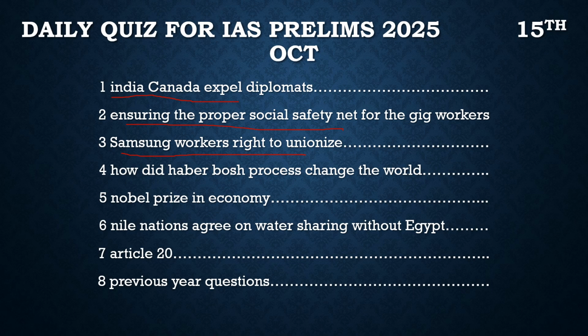Then the another article which was in the news is about how the Haber-Bosch process changed the world. In this process we are able to get the ammonia which is required for the fertility of the soil. If we talk about nitrogen, it is most abundant in our atmosphere, approximately 71%. But it is in the form of N2, which is highly bonded, and it is hard to break the nitrogen. That is why it acts as an inert gas, and it does not react with the soil. Because of that there is a lack of nitrogen in the soil.